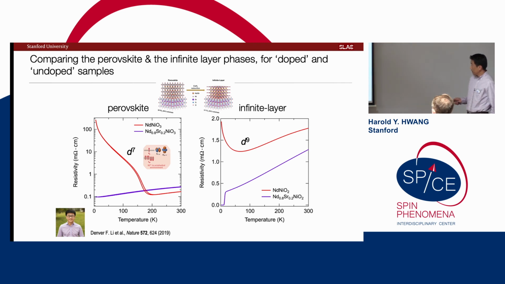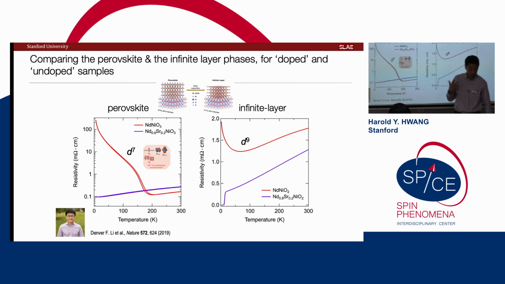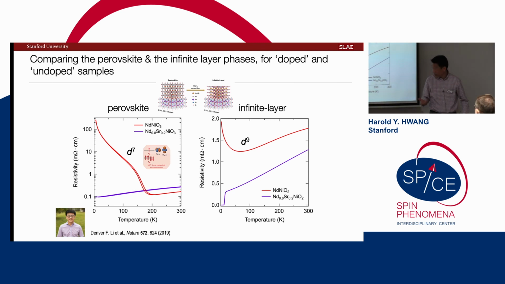And so the first kind of series of data that we took was just looking at this comparison between an undoped perovskite nickelate and a doped version. So as I said, this is a very interesting system already in the perovskite form. It has this famous metal insulator transition associated with orbital and magnetic and all sorts of different kind of interacting order parameters. And if you dope this kind of material, nominally by hole doping, by substituting strontium for neodymium, you suppress all of this business and kind of have a moderately bad metal all the way down.